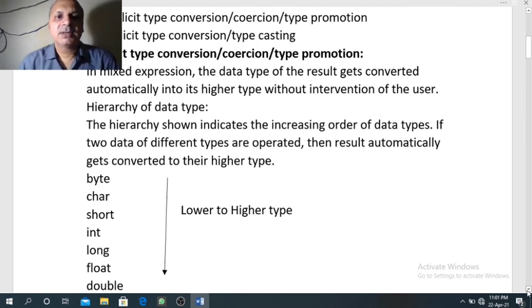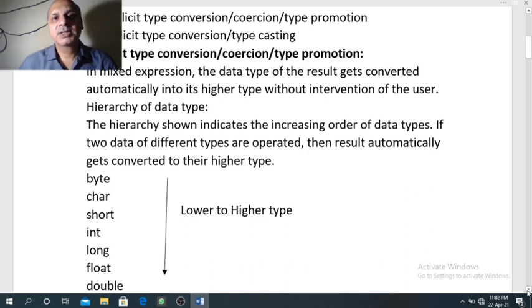In a mixed expression, first let me tell you what is a mixed expression. Expression, as you know, is a combination of operators, constants, variables, and it should be a valid combination. So any valid combination of operators, constants and variables is known as expression. There are two types of expression: pure expression and mixed expression.